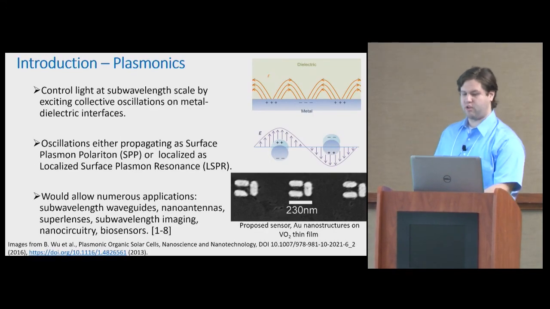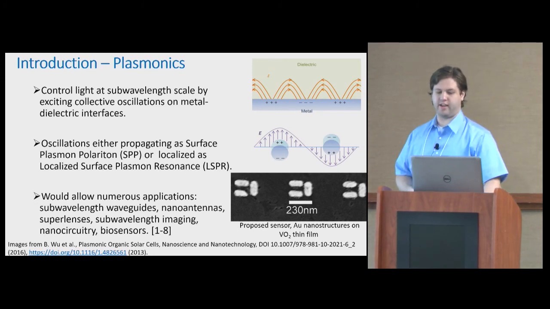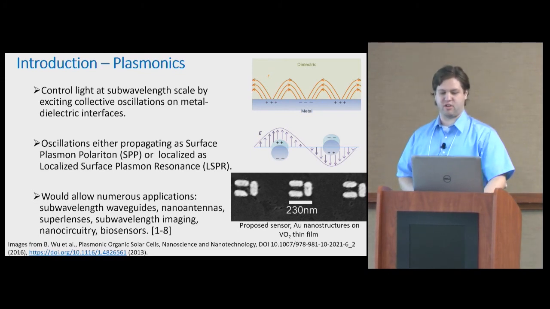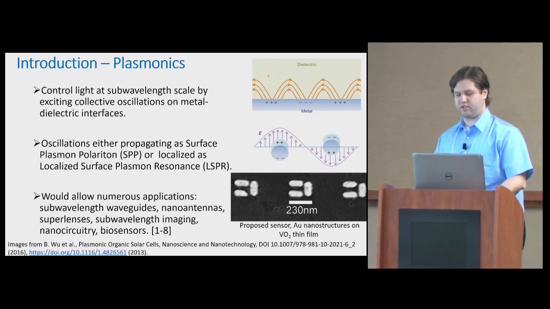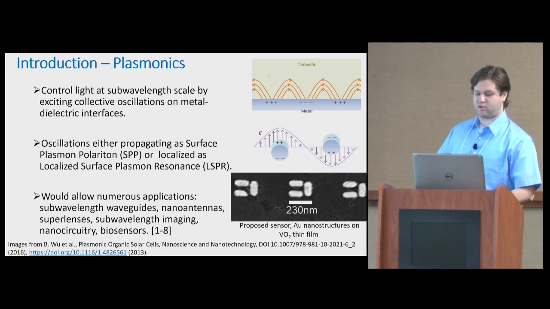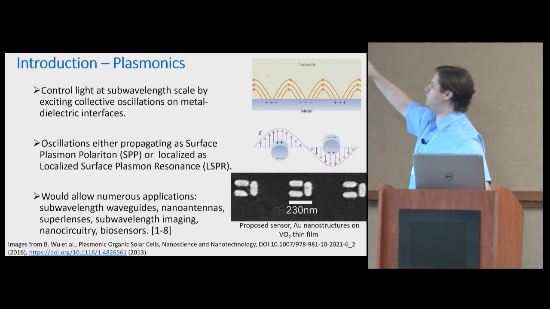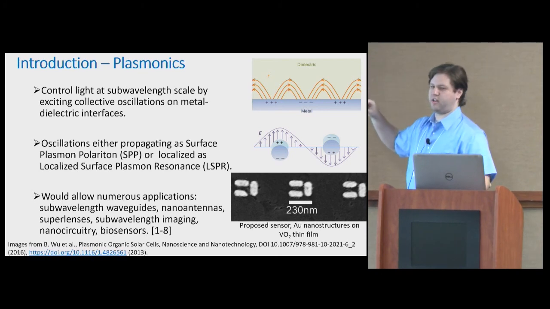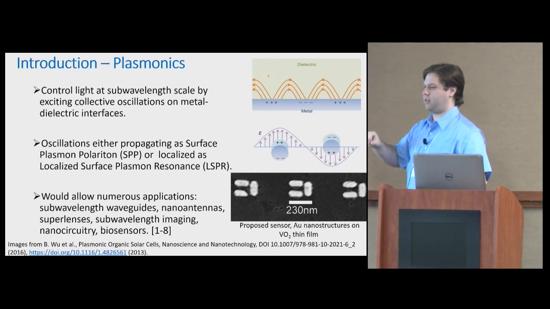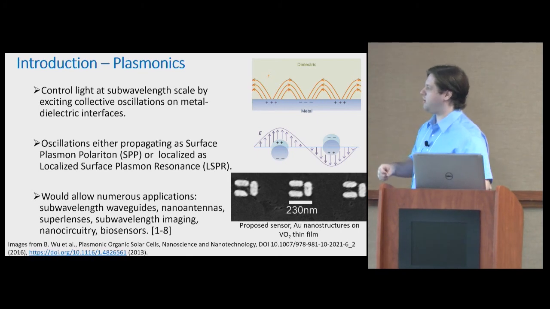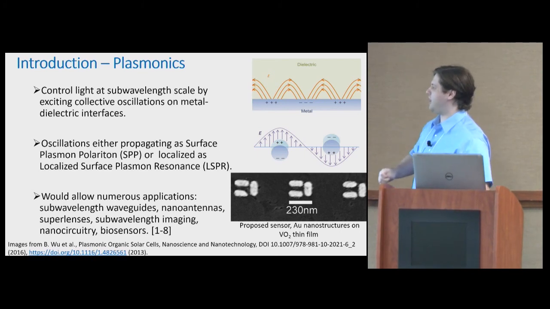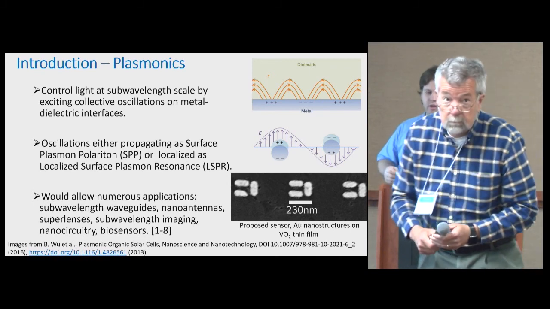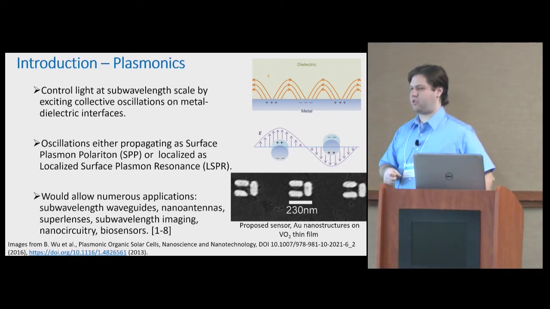what is plasmonics? With plasmonics, the goal is to control light at a sub-wavelength scale by exciting collective oscillations on a metal dielectric interface. These oscillations can be either propagating as surface plasmon polaritons, that's shown in the upper figure here, where we have an extended metal dielectric interface, and the electrons will oscillate back and forth across that. Or they can be localized on nanoparticles as localized surface plasmon resonance, LSPR. So with that, we have a sub-wavelength scale nanostructure, and the electrons are confined to oscillate only on the surface